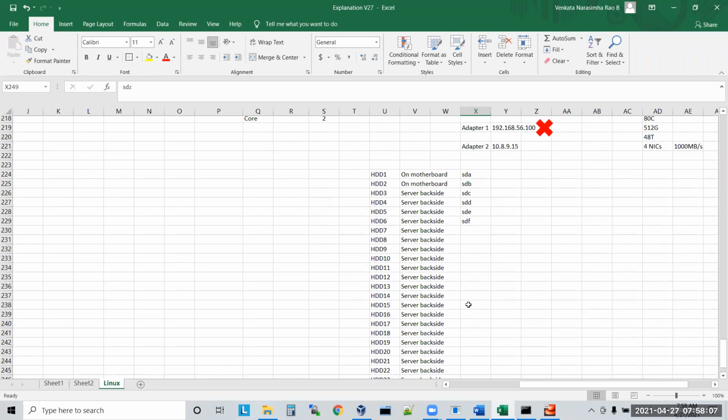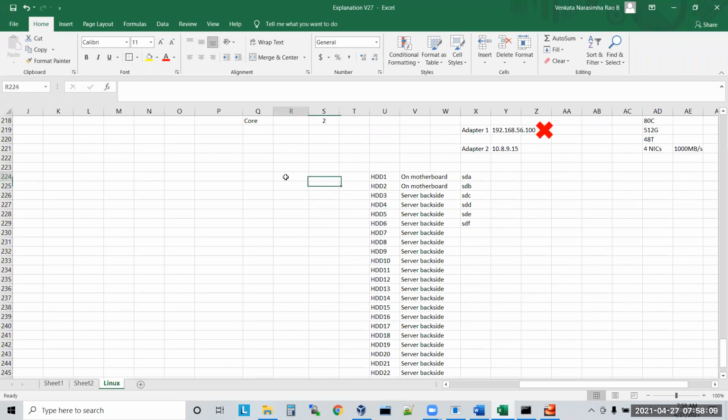But in Windows, guys, how does it work? In Windows, you will have C drive, D drive, E drive, F drive, like this. Can I go till Z drive? Yes, I can go till Z drive. But what about A drive and B drive?